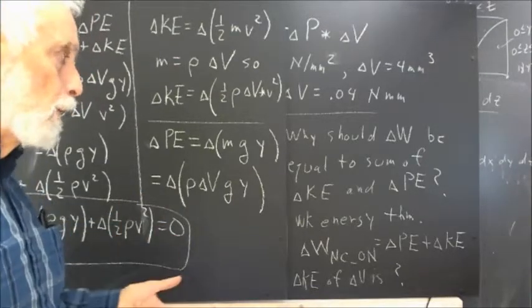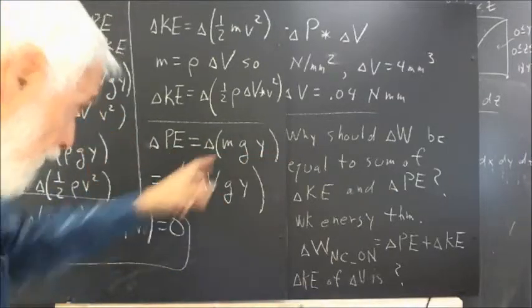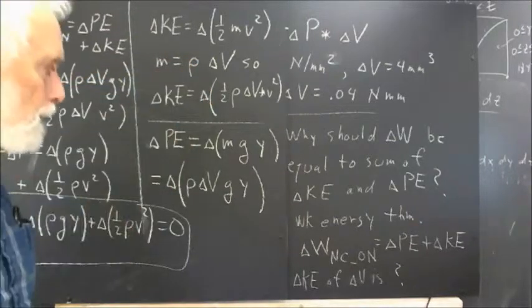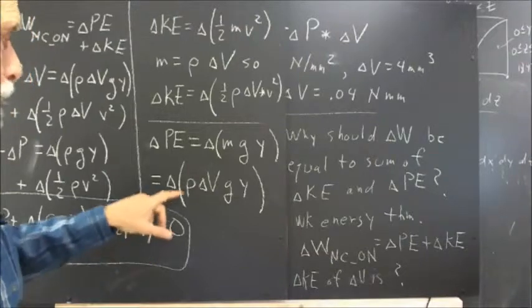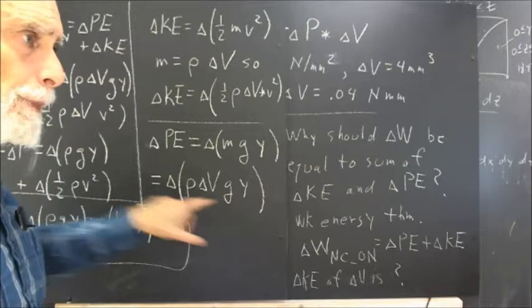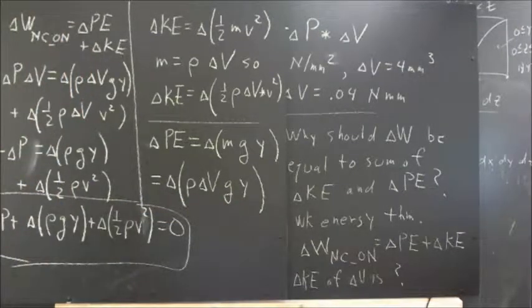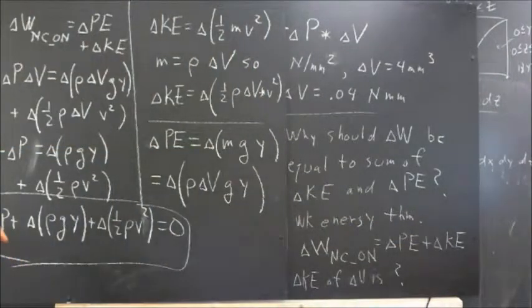And if you get that far away from the surface of the Earth, your science had better be good enough to compensate. So for the cases that we have here, we have change in mgy. And m is, again, rho delta V, so that the change in potential energy is just this. Okay? So if we put the work-energy theorem together with what we've got here,